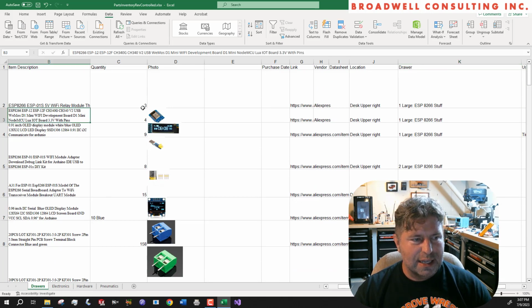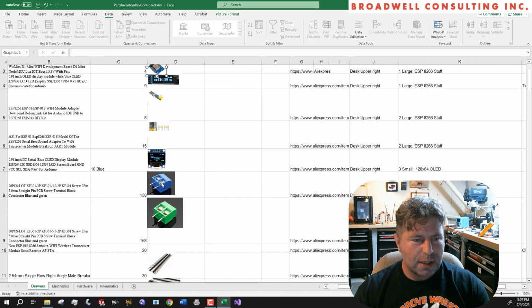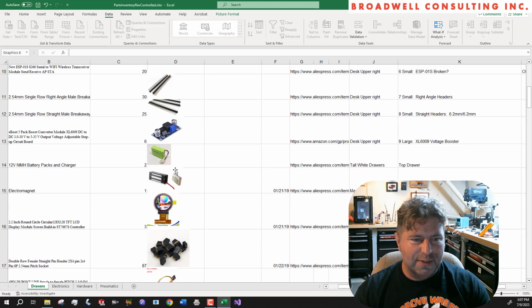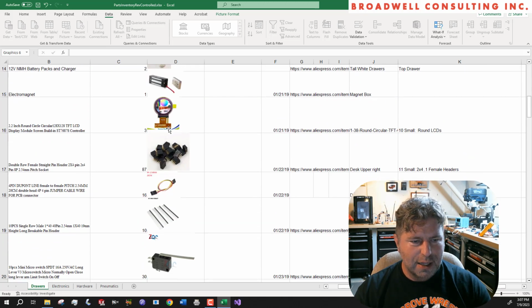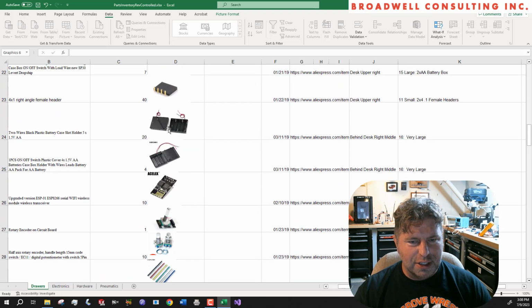Like for instance, this ESP8266, that's not going to fit in a vial. These particular terminal blocks might fit in a vial, but it looks like I bought about 300 of them. So in that case, I'm just going to dump them in a drawer. These long headers wouldn't fit in a vial. These boards don't fit in a vial. And again, it's critically important that I put these pictures in here so that I can actually find the stuff